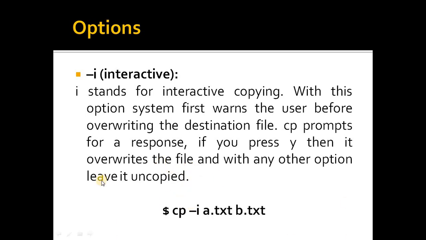We can see the example over here, cp -i a.txt b.txt. In this case, when you type this command and press enter, the operating system will ask the user whether you really want to copy the contents of a.txt into b.txt. If you press y, then only it will continue the procedure of copying. If you use the same command without the -i option, in that case the operating system will not ask you whether you are sure to copy or not. So it is better to always use the -i option.